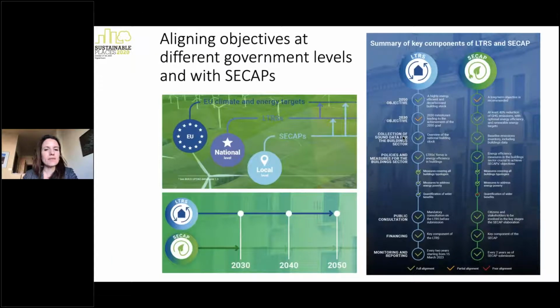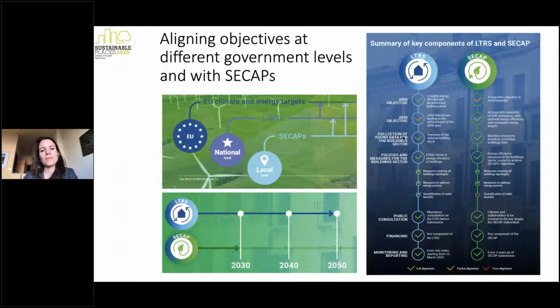The idea behind the Build Upon Square project is to align European, national and local objectives and try to find a framework of indicators that can assess the impact bottom up, from the local scale to the national to the European one, to see whether the renovation actions that are mainly undertaken at the local scale, at the city scale, contribute or not to the national and European objectives, and how much.